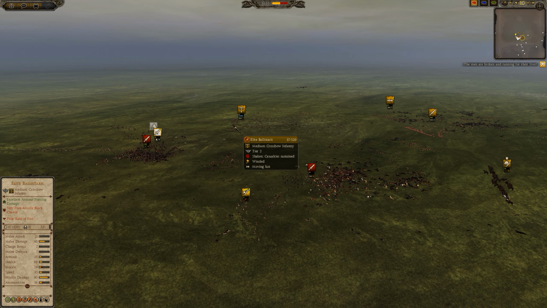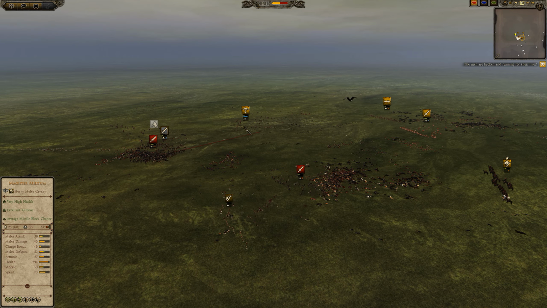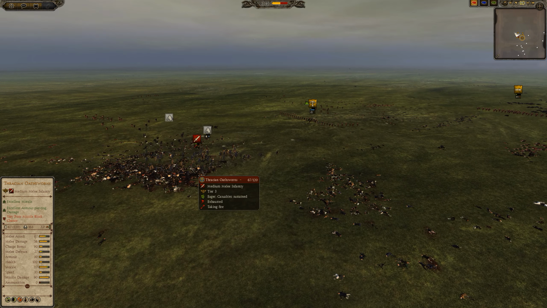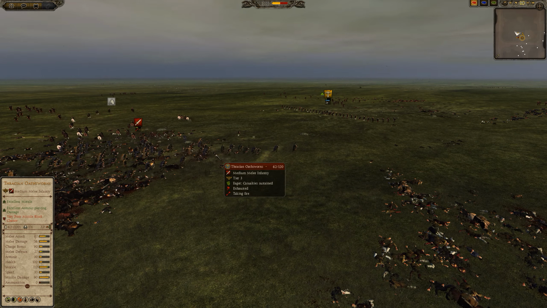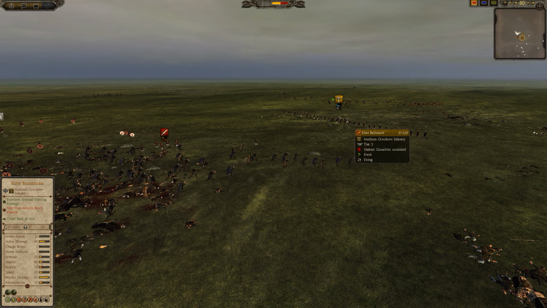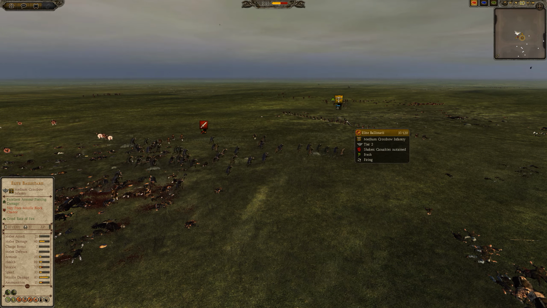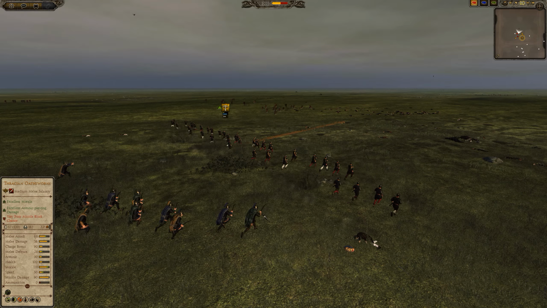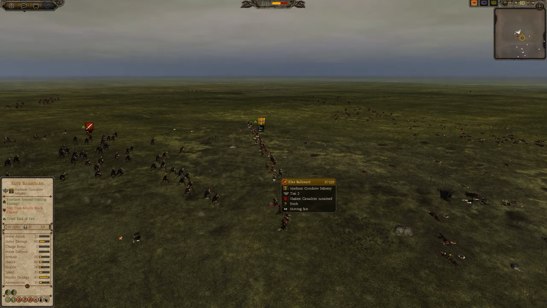Although only 37 men remaining in the unit, precision and flaming on a unit like these Thracian Oathsworns is going to do a lot of damage. Let's see here. Yeah, they're just disappearing. And then they're running away. But the Thracian Oathsworns just hit charge speed,